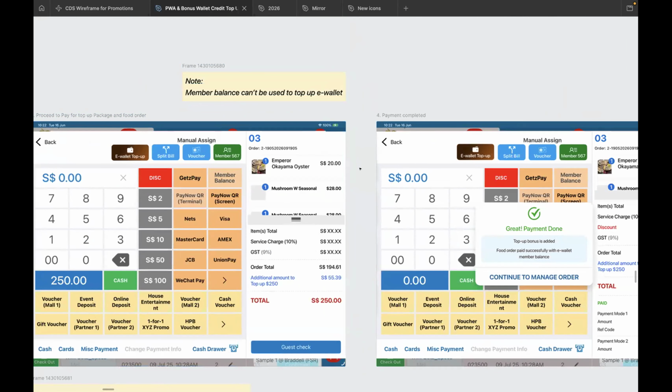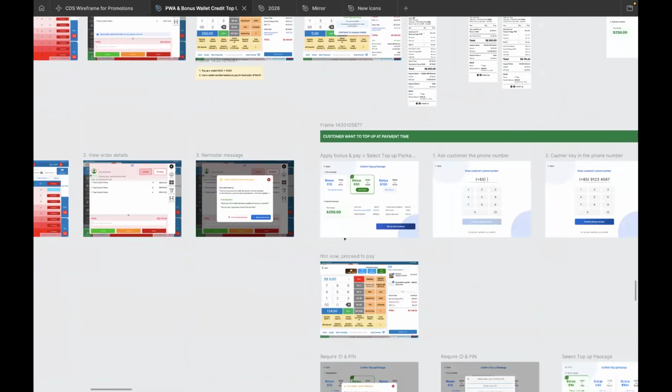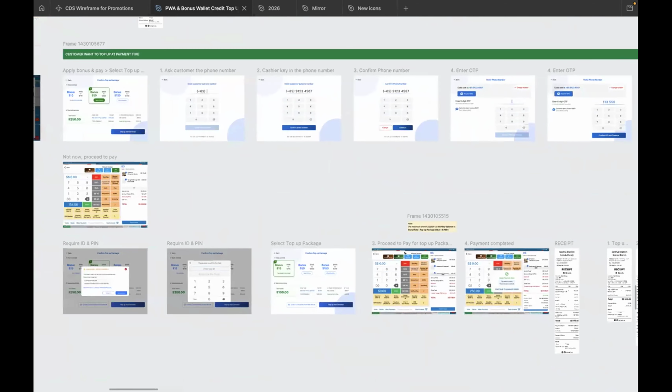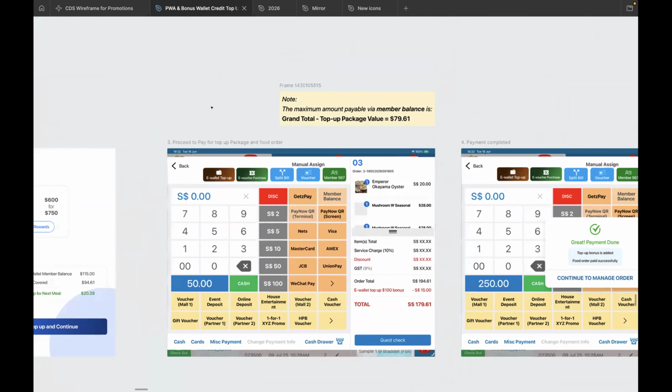Yeah, and I have another case where the cashier can use member balance for payment. And what is that case? The case here is when the customer chooses a lower packet for the order, so the customer needs to pay more. Show me the example. Yeah, another case is